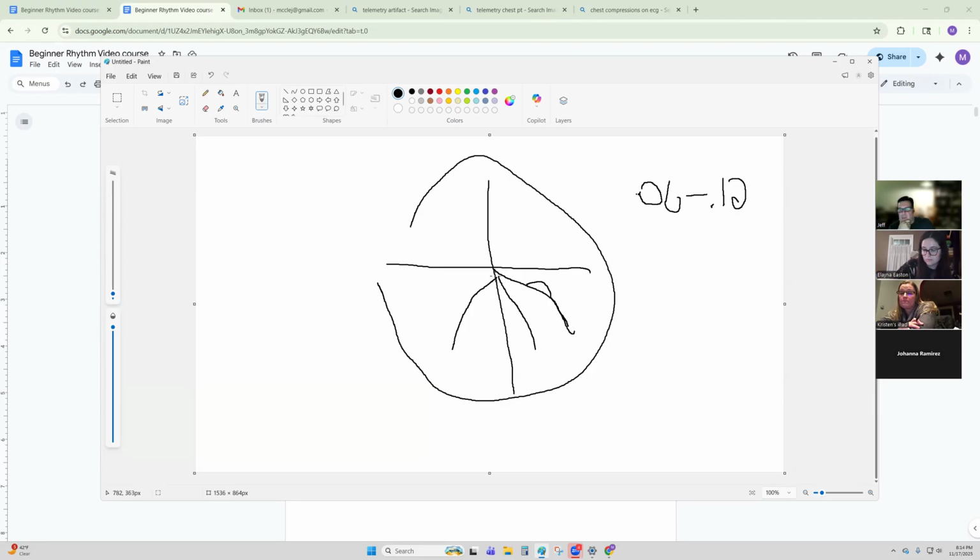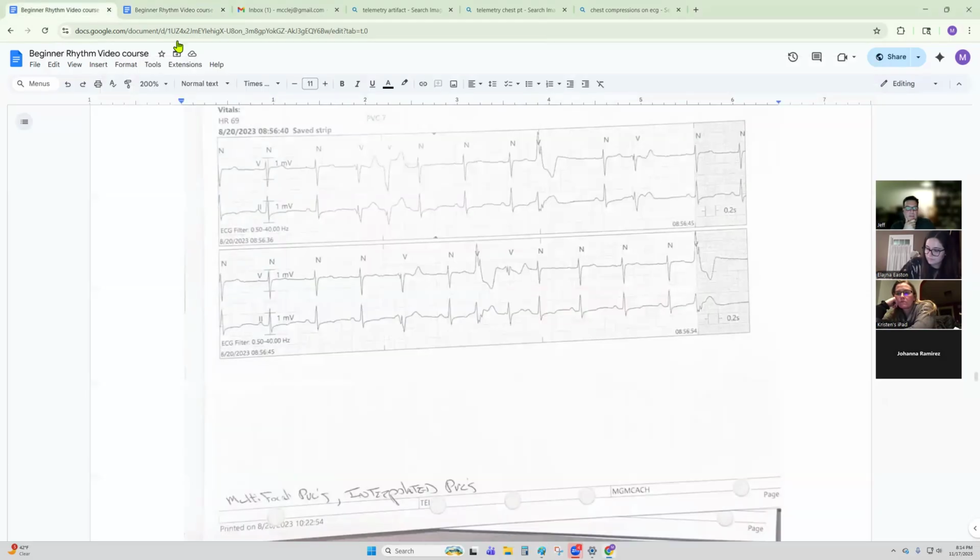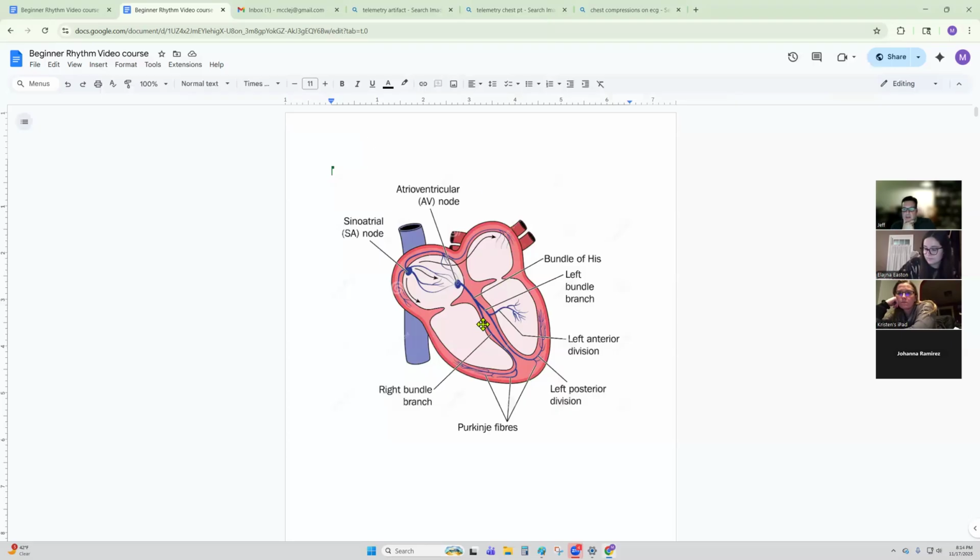So if you think of this detour, just like when you're traveling down the interstate, you get a detour or delay, you increase your travel time. So a bundle branch block is going to be greater than 0.12 QRS complex. Okay? So you're going to have a wider QRS complex. So saying that,